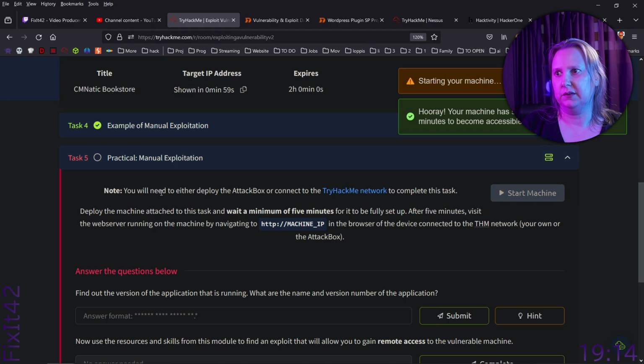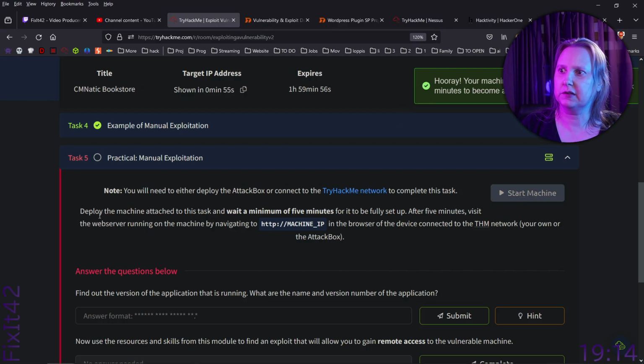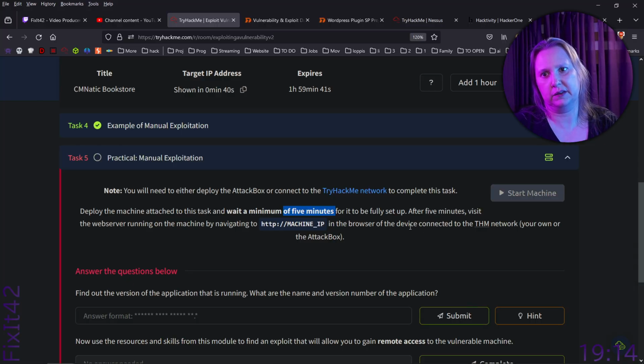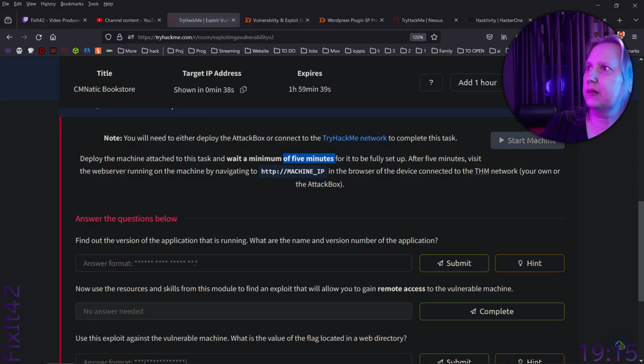Note, you will need to do either attack box or drive network to complete the task, deploy the machine attached to this task, and wait a minimum of 5 minutes for it to be fully set up. After 5 minutes, visit the web server running the machine by navigating to machine IP in the browser of the device connected to THM. So I'm going to start my